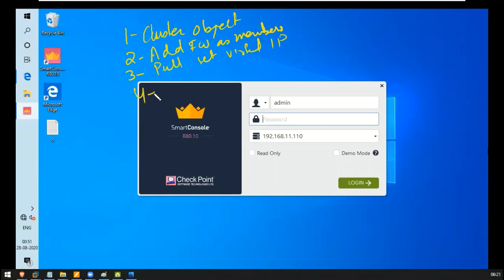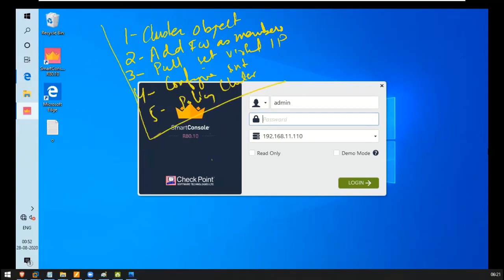Then we will configure all the interfaces according to sync and cluster. Fifth, we will create a policy so that our cluster can communicate to the whole network. That's the policy for cluster, which will be our last step, and we'll publish all this.